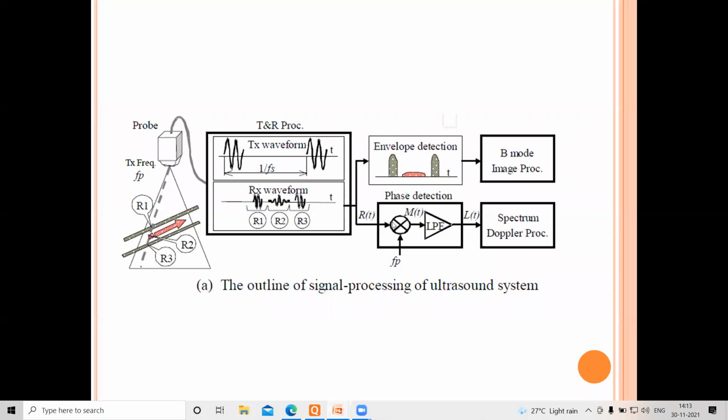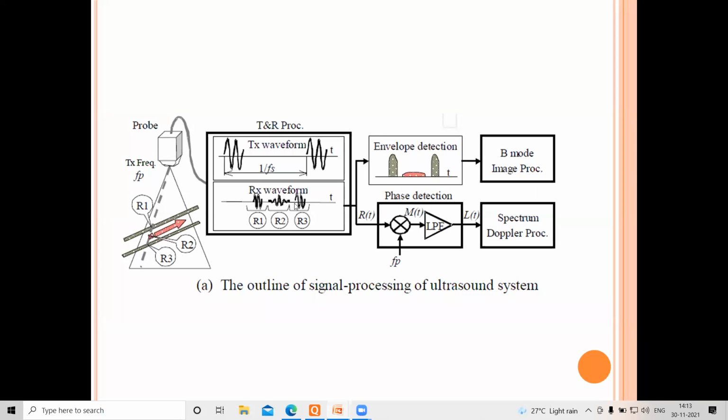The other part is your phase detection, where you're detecting the Doppler spectrum. This is what it is, right? What you have done is, you're talking of what is at different points. At R1, for example, I placed a probe, right, at R1. This is your signal. At R2, this is the waveform you're getting. At R3, this is the waveform you're getting. And you're analyzing this. Therefore, what happens is your PQR analysis.